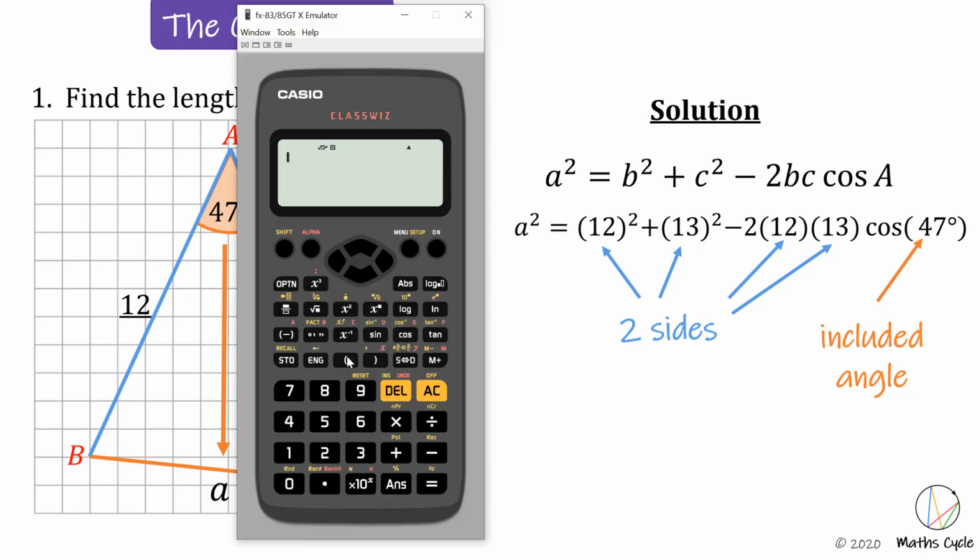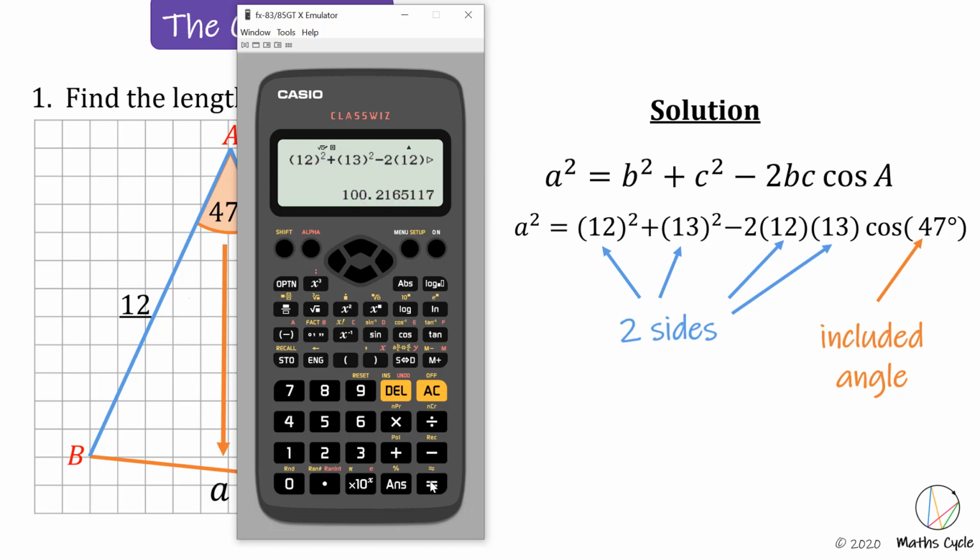So I have bracket 12 end bracket squared, so use your square button, which is x squared, plus 13 squared minus twice brackets 12 times 13 end bracket, and then multiply that by the cosine of 47 degrees equals